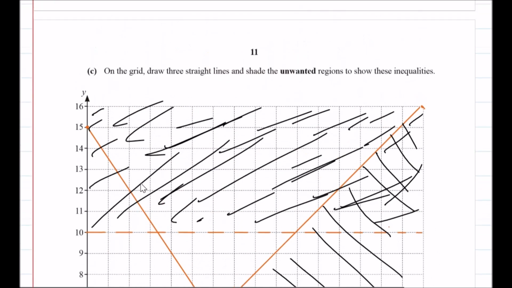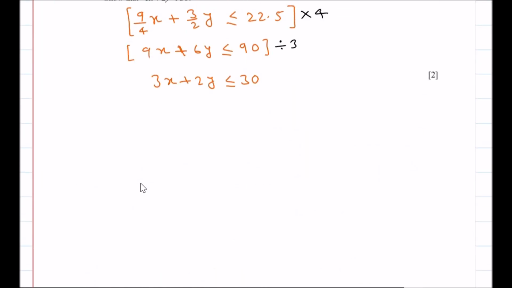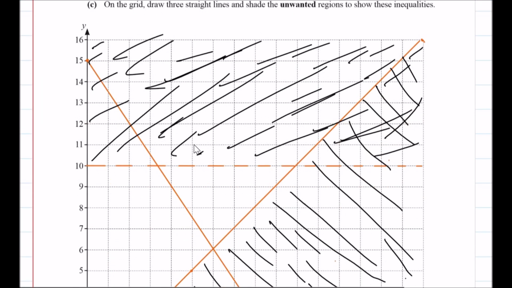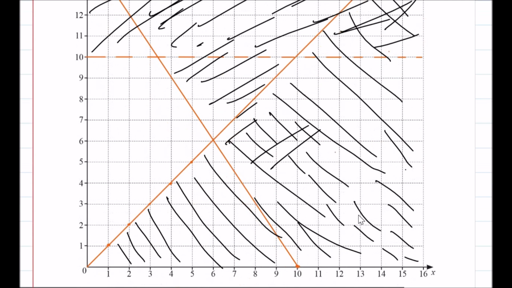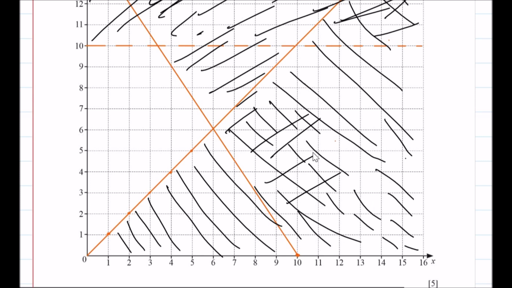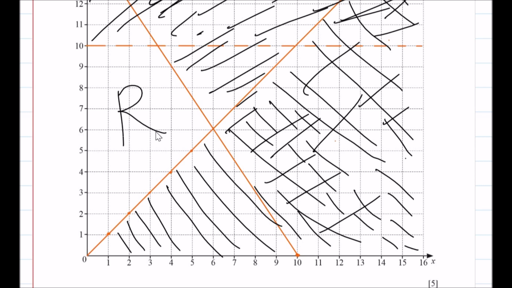Okay. Next part. What is the next inequality? 3x plus 2y less than equal to 30. So here the below area is the wanted area, so unwanted will be above this line, right? So above this line means this is left. We have to shade this part. This also will be shaded. Now which is the required region now? You can see this. This is the region